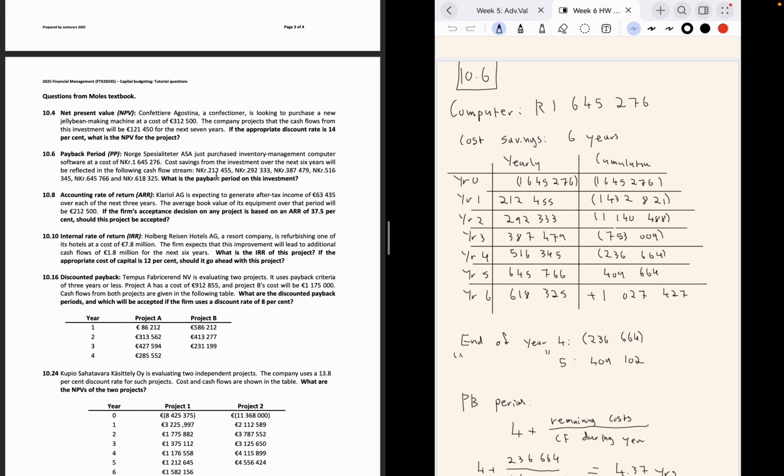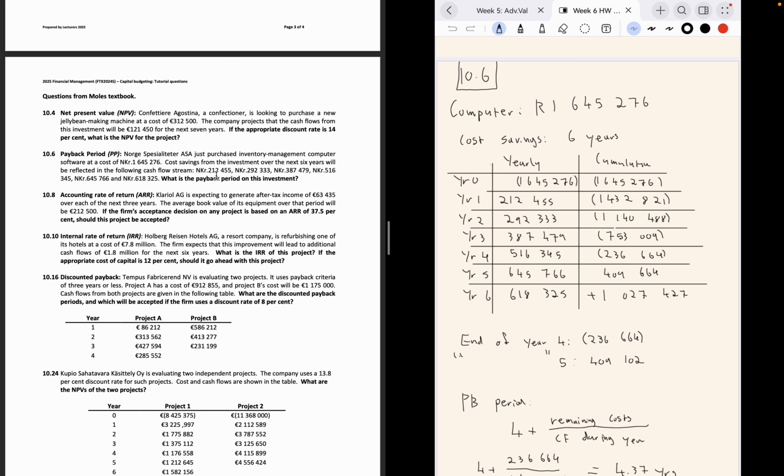So let's just check yearly. So in year 0, we have 1,645,276 negative. That is how much, what is it that they're buying? That's how much the computer software is costing them. Then in year 1, they have a cash inflow of 212,455, and all the other cash inflows from the PDF that they give you are listed here. So these are all the yearly cash flows. On the right-hand side, we have the cumulative cash flows, I guess. So it's a negative 1,645,276, and then you, I guess, add a positive number to a negative number, so it becomes slightly less negative. And so that gives you